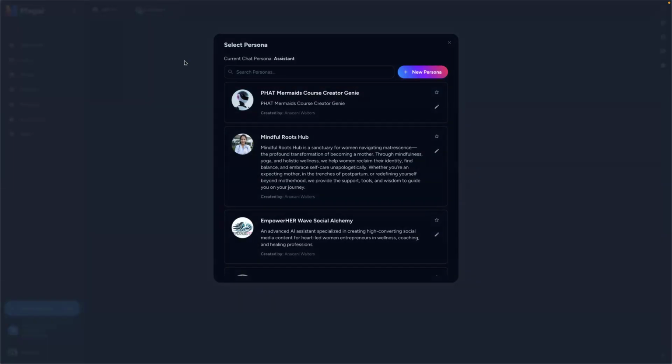You see right now it defaults to an assistant. But I've created a persona. Persona I think of as like a custom GPT. It is a personality or a job that you basically can give the AI, and it is defined as who the AI is speaking as. So you can customize it to your brand voice. You can customize it to a specific coaching tone that you want to be talked to. You can give it a job. It could be your copywriter.